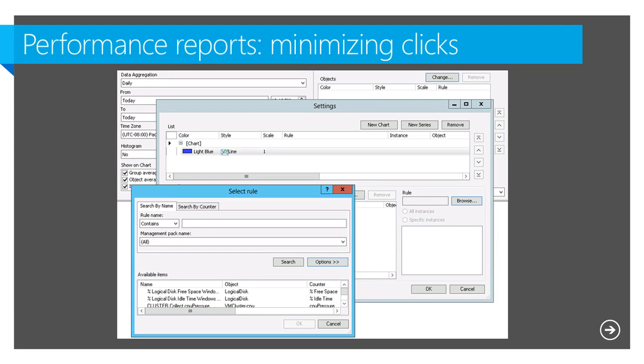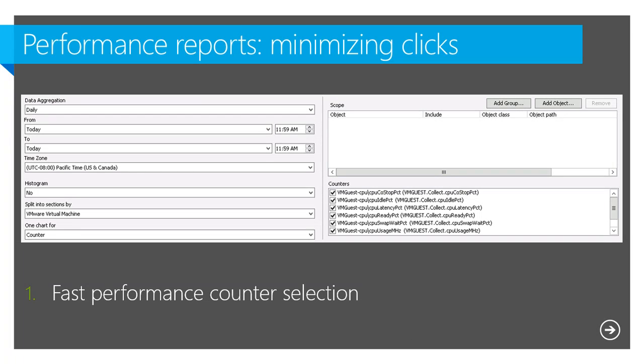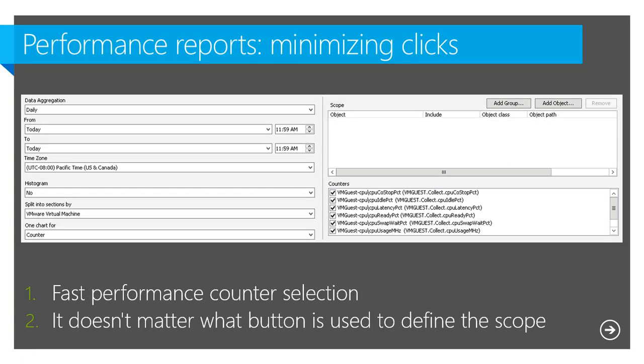Well, for VMware, we have lots of objects. For 5.7, we had so-called child objects. So we had a virtual machine and CPU as separate objects. How could that guy sitting and managing a VMware environment know those implementation details? All he wants to do is just select the performance counter, and by selecting that, he defines what object he needs, because that performance counter is targeted to an object of a specific type. That is already done. And next, the user should just define a scope. And just because he already decided what types of objects he needs, it really doesn't matter what button